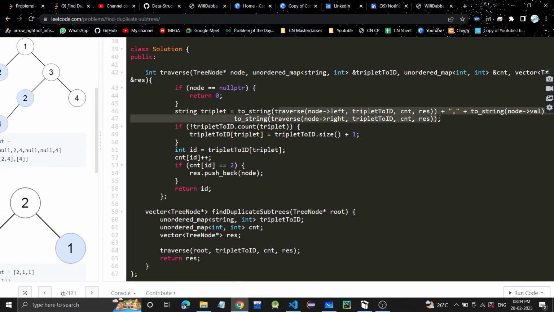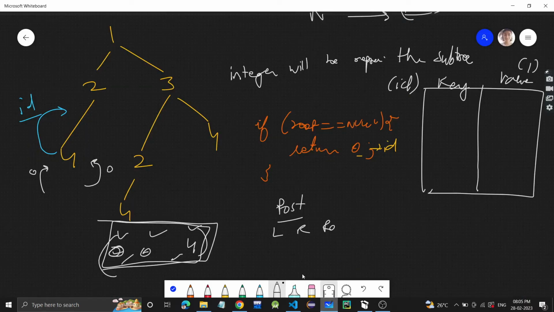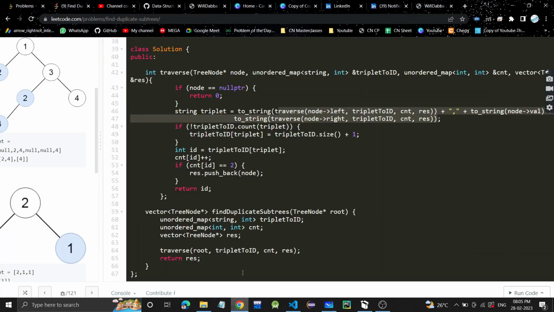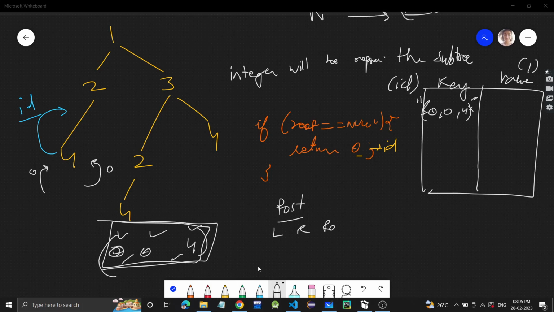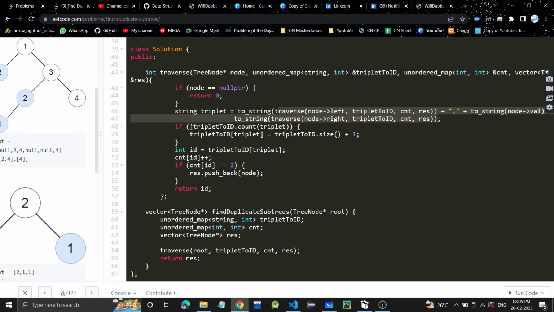So either you can do in-order or post-order, anything you want. Then you will check what the count is, whether this triplet is already present or not. So you will be storing this triplet, 0 comma 0 comma 4. Basically this is a string. I'm just removing these brackets, don't get confused. This is basically a string only, there are no brackets. So you will be storing it and you will check if the count